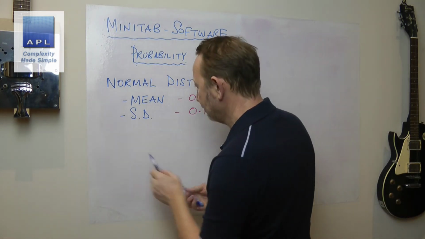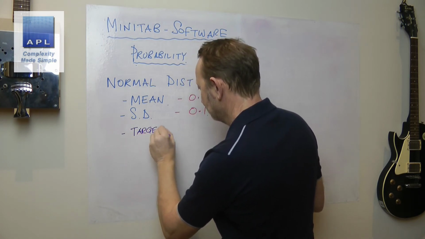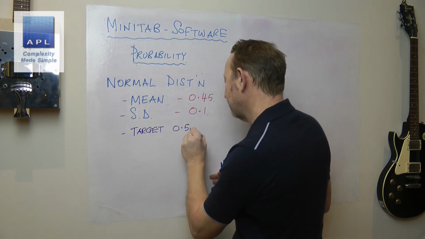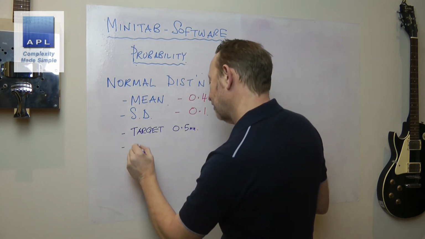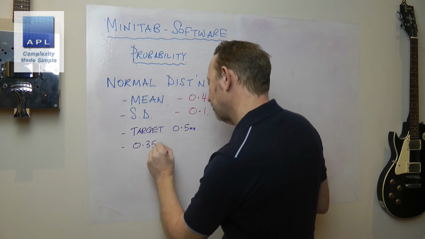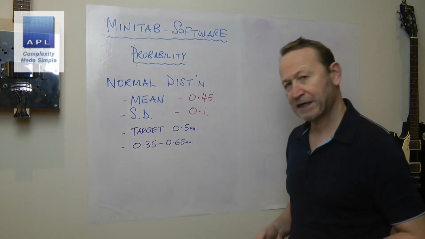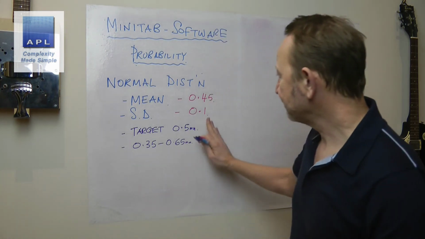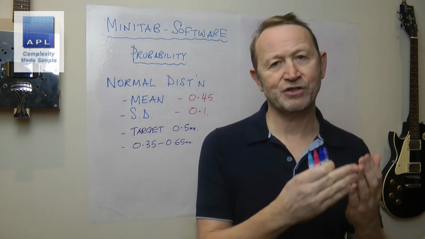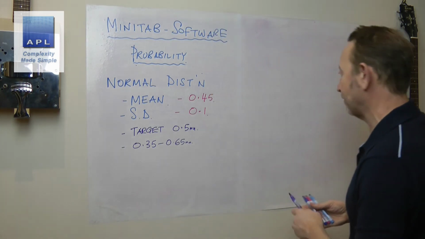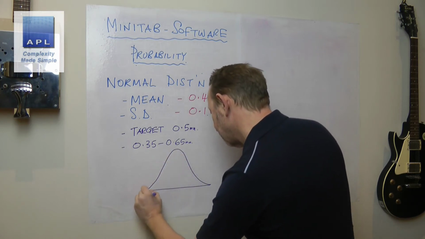Now the target for this process is 0.5 of a millimeter, and the specification is 0.35 to 0.65 of a millimeter. They're making some fiber optic cable for us, and that's the current performance, and that's the current tolerance. So let's just draw that diagram. We can easily just draw this. They're producing a normal distribution. They're centered